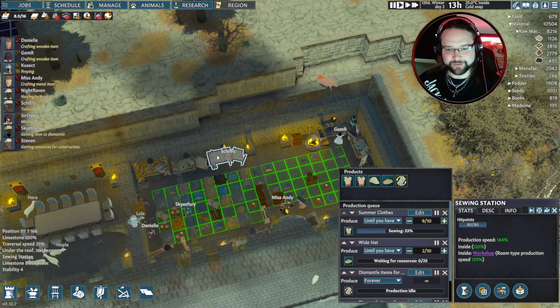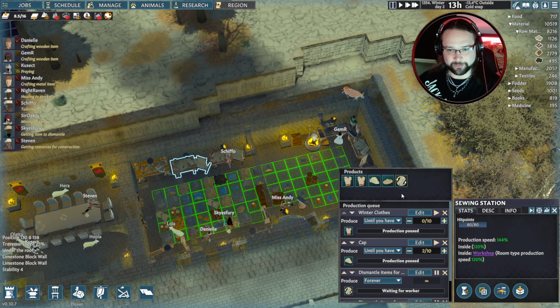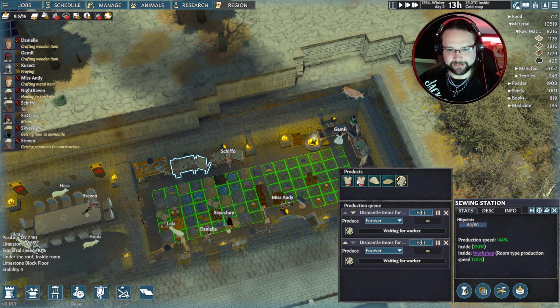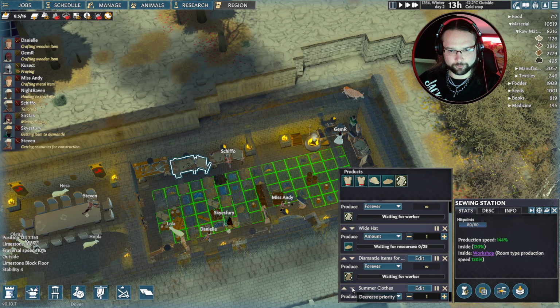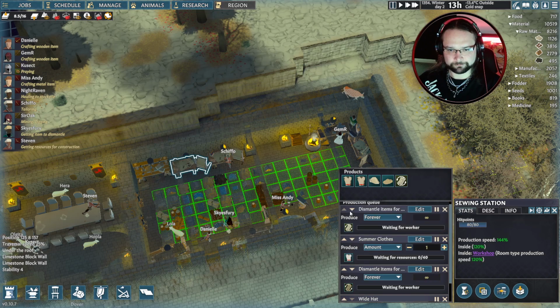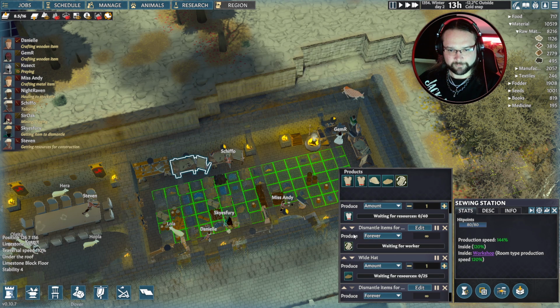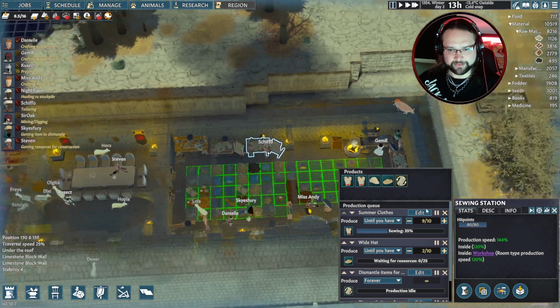So we want... Right, let's make this one... This is the summer clothes side. So delete that, delete that. Summer clothes and hats, yes? Yes. Down, down. What is happening? Oh, I'm moving the wrong ones down, fool. It's at the top, not the bottom. So all we've got is...